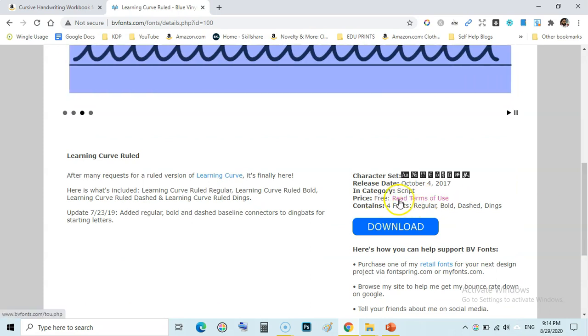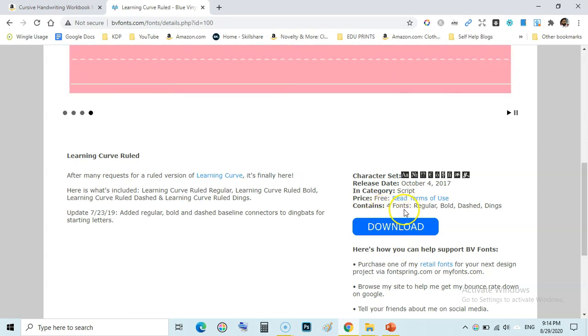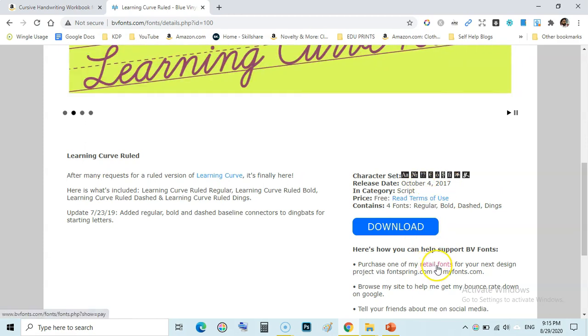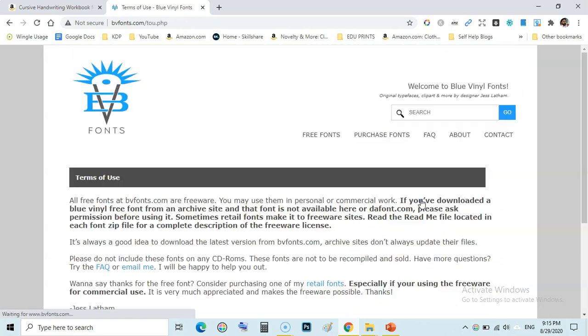So you can see here it contains 4 fonts: regular, bold, dash, dings, and it is free. And here you can see the license information. Just click on it and you will read. You can read: all free fonts at bvfonts.com are freeware.